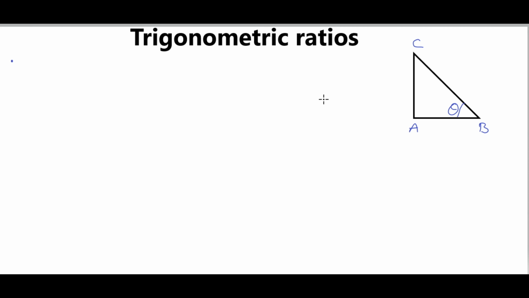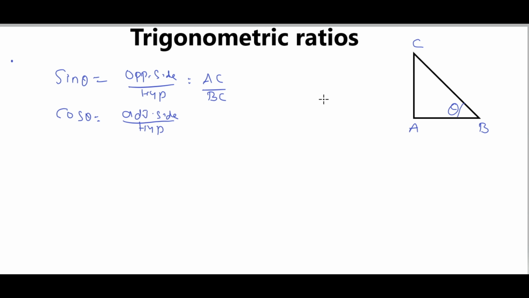The six trigonometric ratios are: first one, sin theta. Sin theta is equal to opposite side by hypotenuse. Opposite side is AC by hypotenuse BC. Cos theta is equal to adjacent side by hypotenuse. Adjacent side is AB by BC. Tan theta is equal to